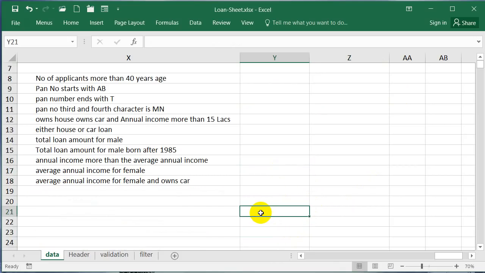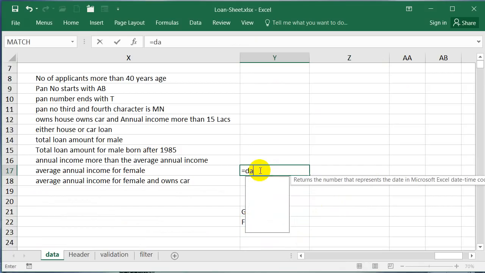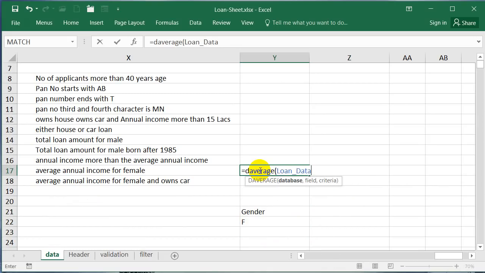For female, so let me write here gender female, and you write equal to DAVERAGE, and field annual income, and criteria is gender male female.